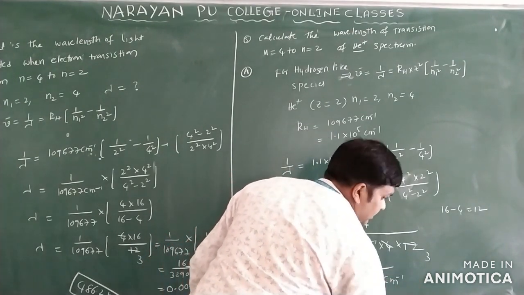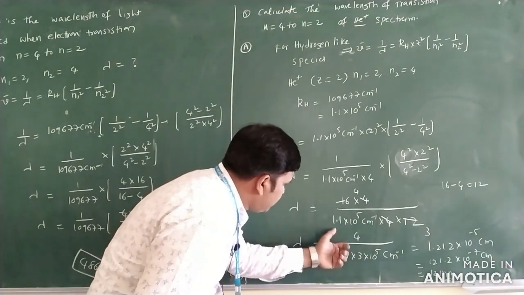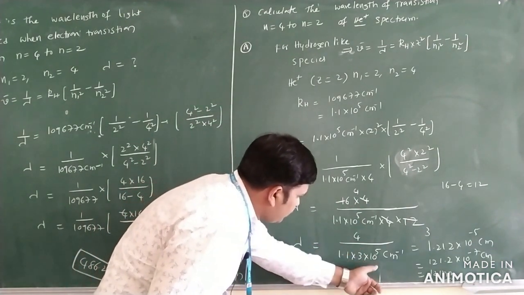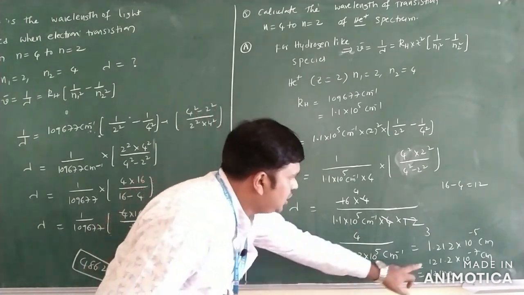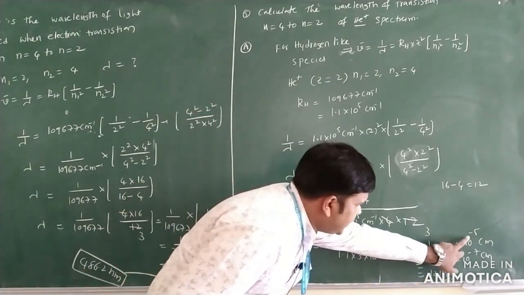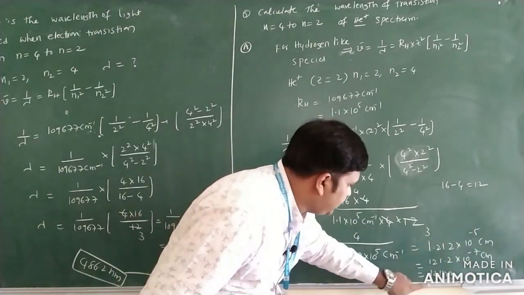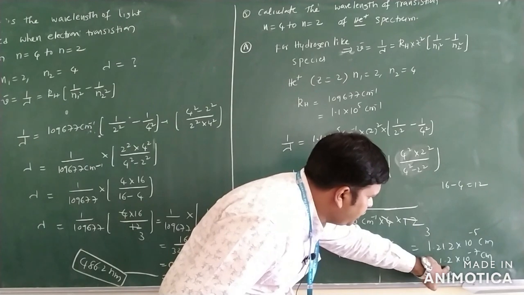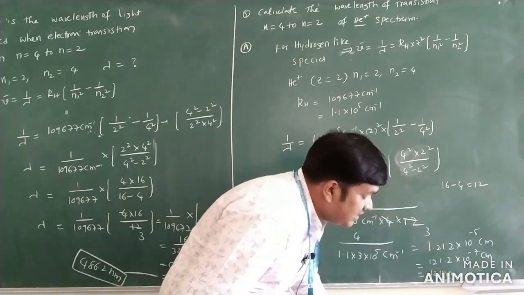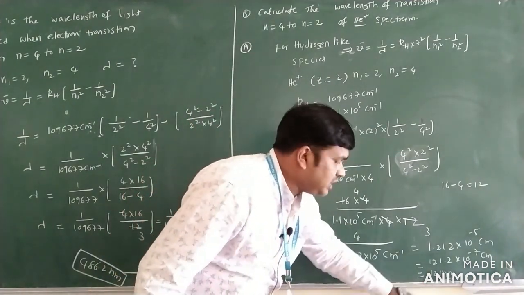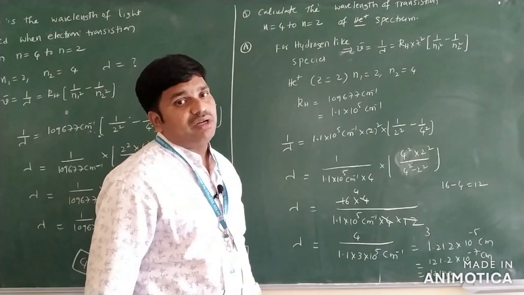We have centimeter inverse. So this one here, 4 by 1.1 into 3 into 10 power 5. 1.1 into 3 we are getting 3.3. 4 by 3.3 you will get 1.212 into 10 power plus 5 becomes minus 5. Centimeter inverse becomes centimeter only. I will write this one 121.2 into 10 power minus 7 centimeter only. 10 power minus 7 centimeter means 1 nanometer. What is the answer we have? 121 nanometer. This is question number 5.